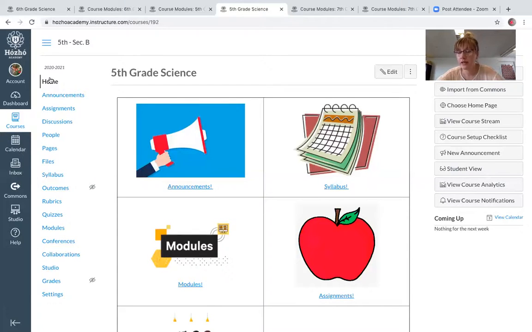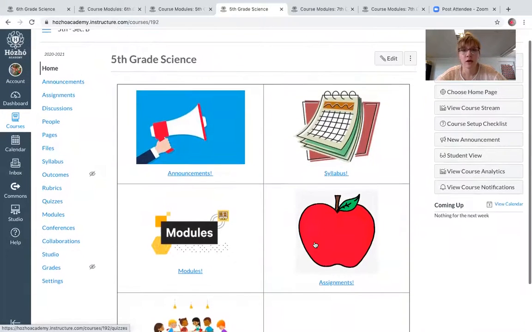Now, there will be a Friday quiz every week unless I say otherwise. So this week, there is no Friday quiz. The reason why I don't want a Friday quiz this week is because I think that as 5th grade, if you didn't do well on that first quiz, it'd be a great idea to retake it because you really need to know where to find things. So that's what we're doing. Okay, so